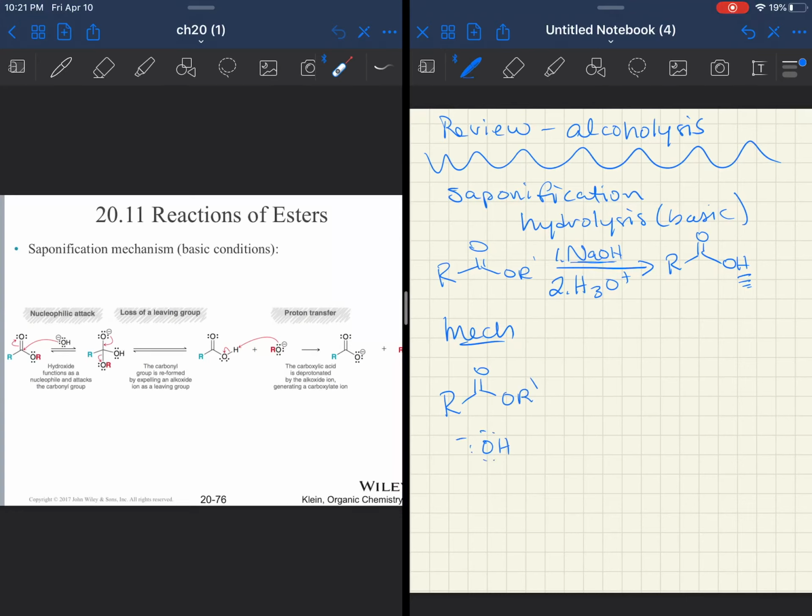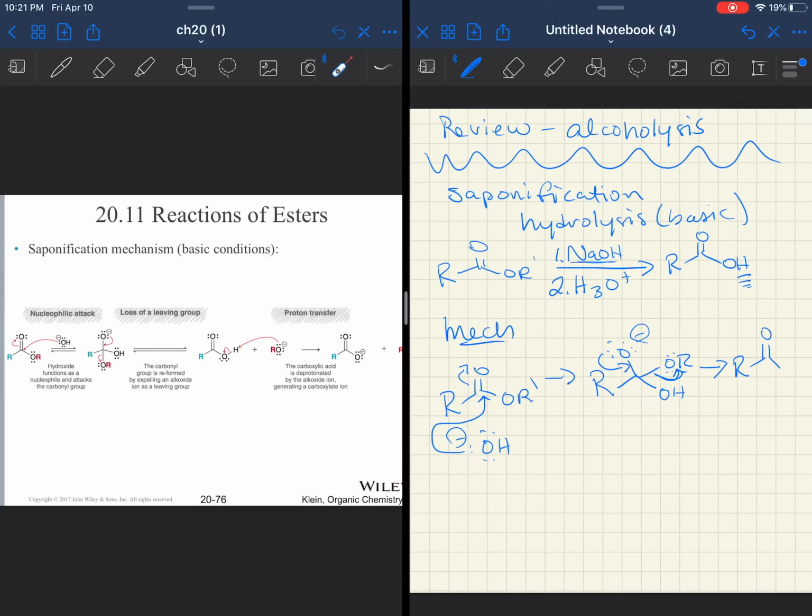This is a very simple mechanism here. If we break this down, hydroxide is a much stronger nucleophile than water or alcohol was, so it can just attack on its own. Open up, you get your tetrahedral intermediate. Are you tired of me saying those words yet? No? Good. Here we go. Now, since we are in basic conditions, it's okay to lose something that's not as good